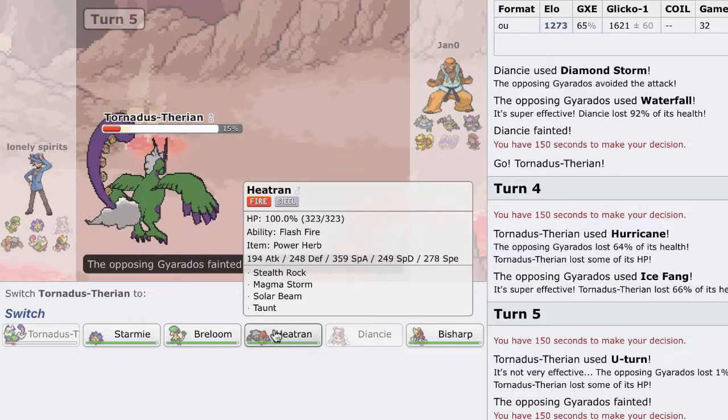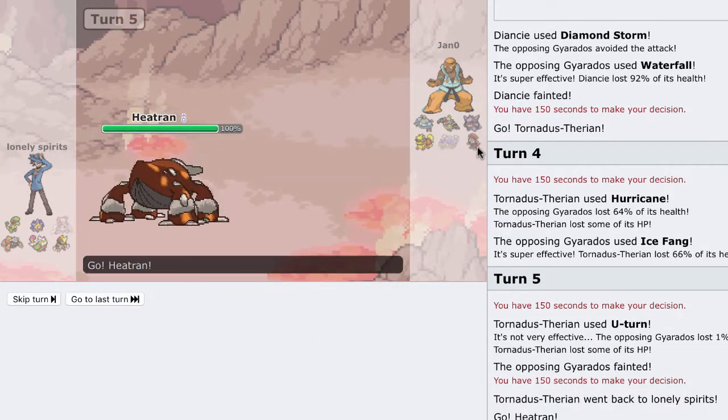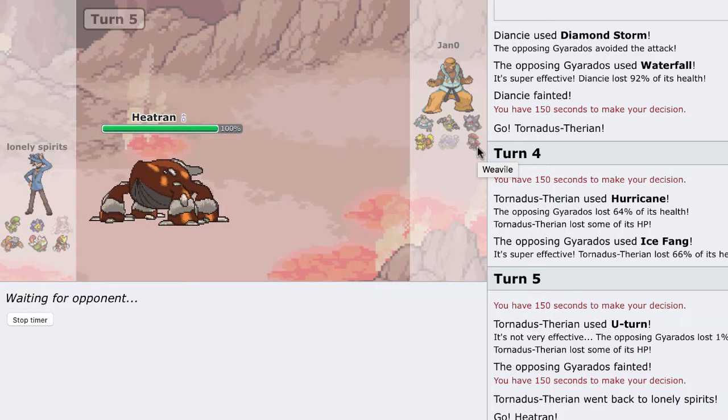What do I want to go to? I think Heatran is fine to kind of keep that Weavile a bit pressured. I think Bisharp will probably be able to take it on. I kind of doubt it has Low Kick. Man, that Gyarados really screwed me up. Losing Diancie was pretty big. It was pretty good in this game, but